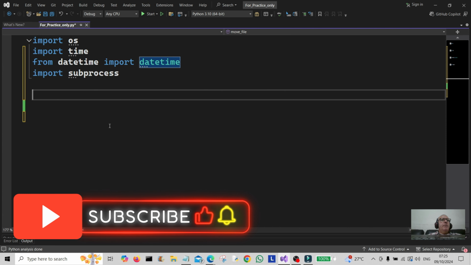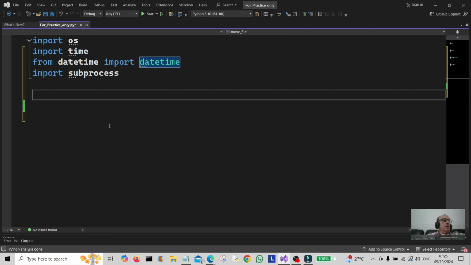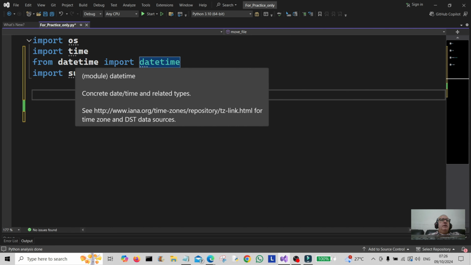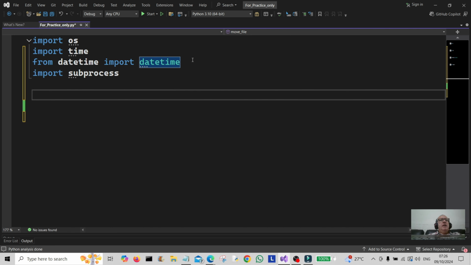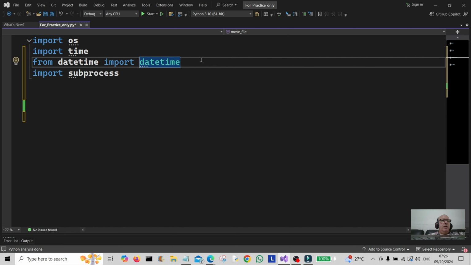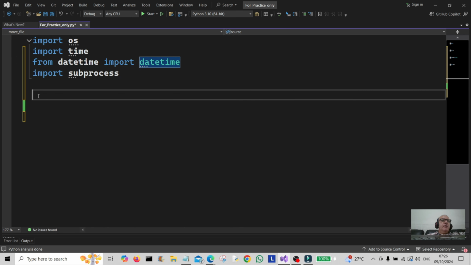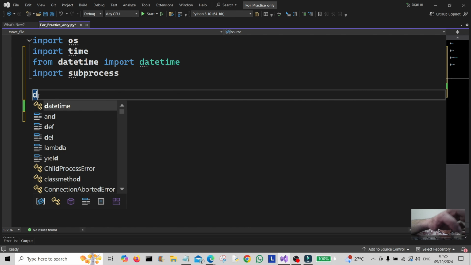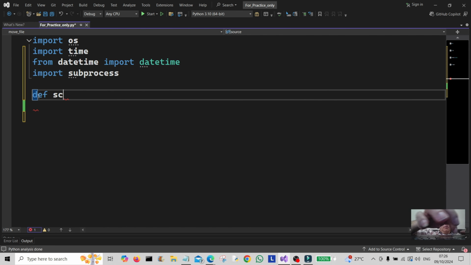Today we're going to do a Python automation project to start up and run a Windows application. So first of all, make sure you import datetime on here. I think you might have to install this module through pip, though I'm not quite sure, and import subprocess as well. Right, we're going to create a function called